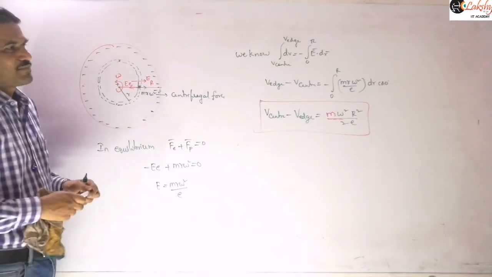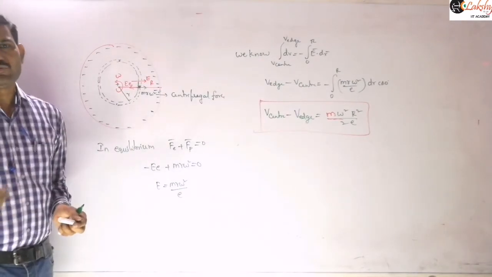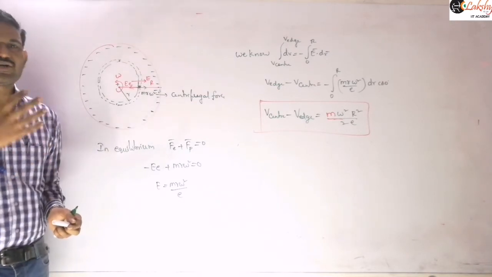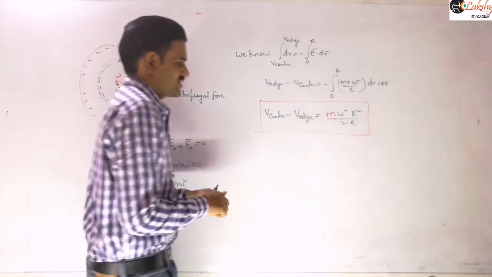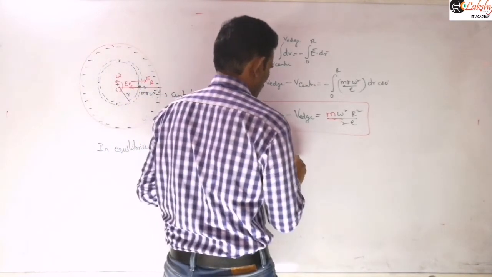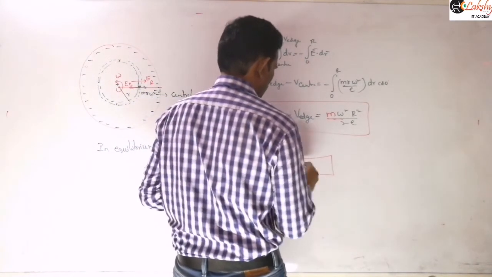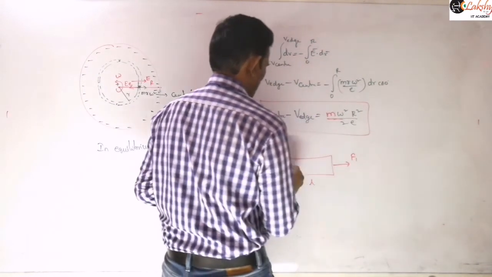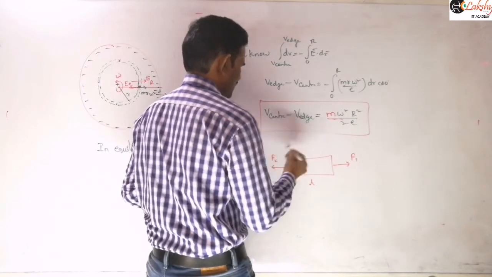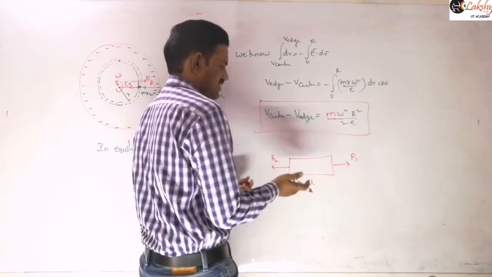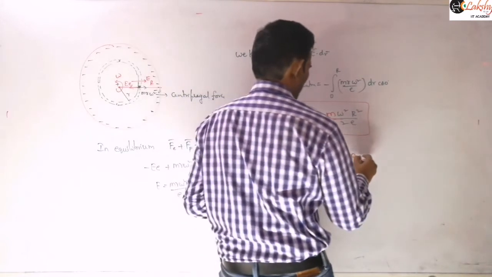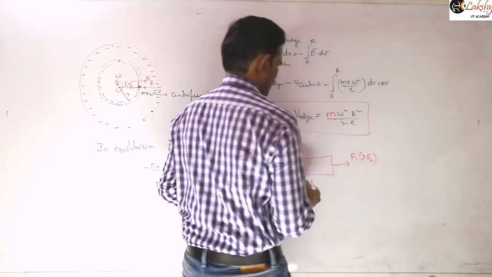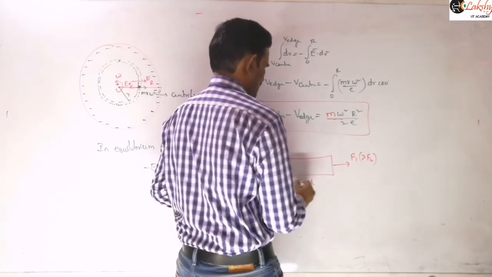And now a similar problem is there in translatory motion also. In translatory motion also, such an EMF may be developed because of the pseudo force. So now I will give that problem, and try to solve that problem here. Say a rod of length L is under the action of two forces like this, or you may consider it as a single force also, I am just taking it as two forces here. And so let us take F1 greater than F2. So this is end A and this is end B.